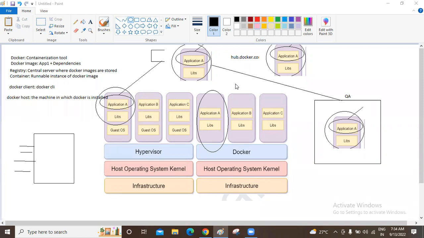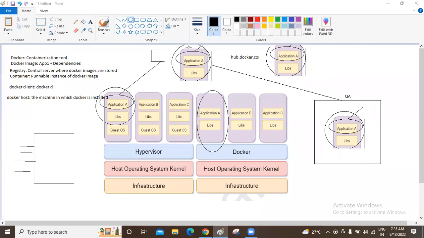Docker technology is the same in Azure, AWS, and everywhere. Docker is the same, only the installation differs. In Azure, we will create a virtual machine and install Docker in that. In AWS, we call it an EC2 instance. Just the creation of the EC2 instance or the virtual machine differs, and that is also the same, right? Not much difference. The installation of Docker and the Docker commands are the same everywhere.